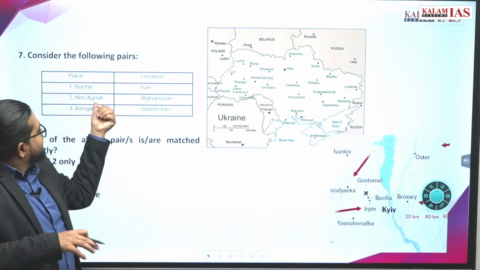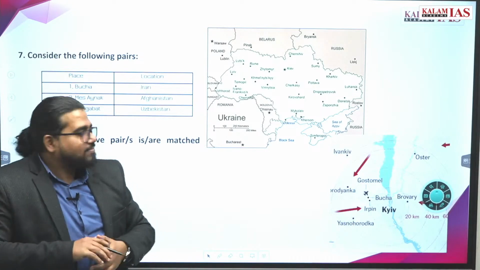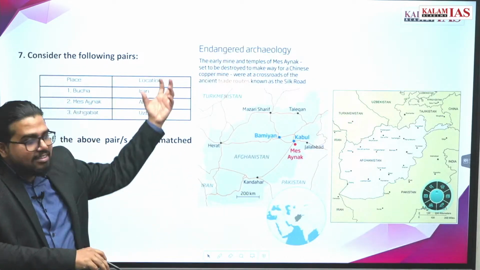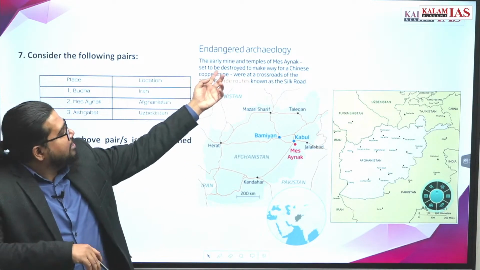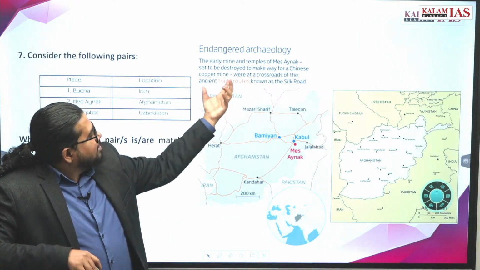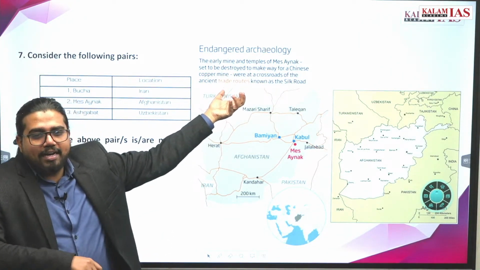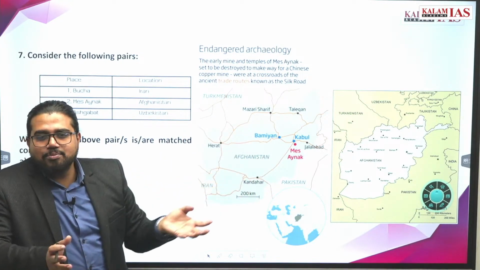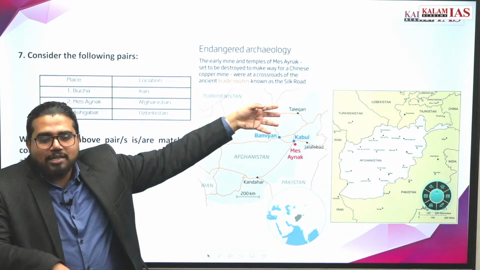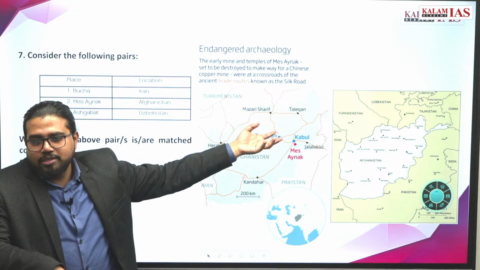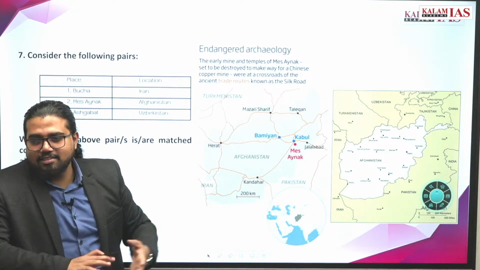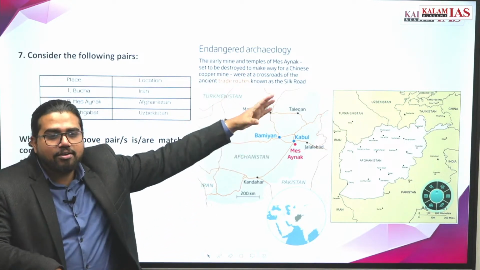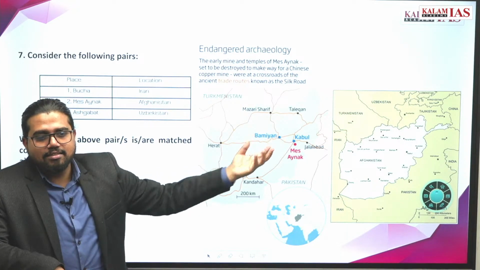And where is this Aynak? That is in Afghanistan. That was also in the news. China is building a copper mine there, and the Buddhist temples and monasteries, whatever is left of the Bamiyan Buddha incident, are also getting destroyed due to this mine. So this was also in the news. Otherwise, Afghanistan doesn't need any new thing; for some bad reason or other they are always in the news. Just take a map of Afghanistan and locate the major cities.